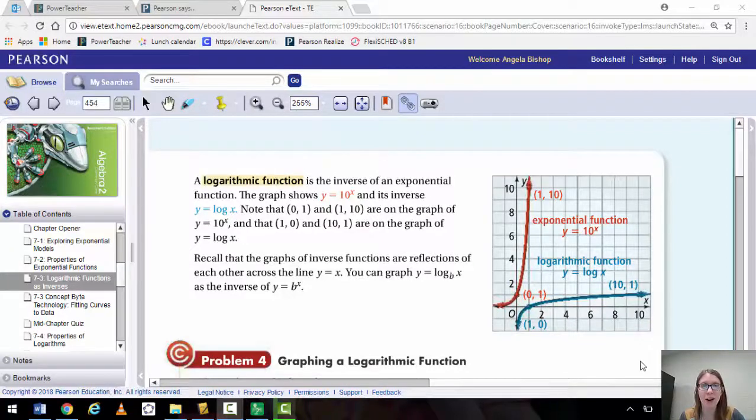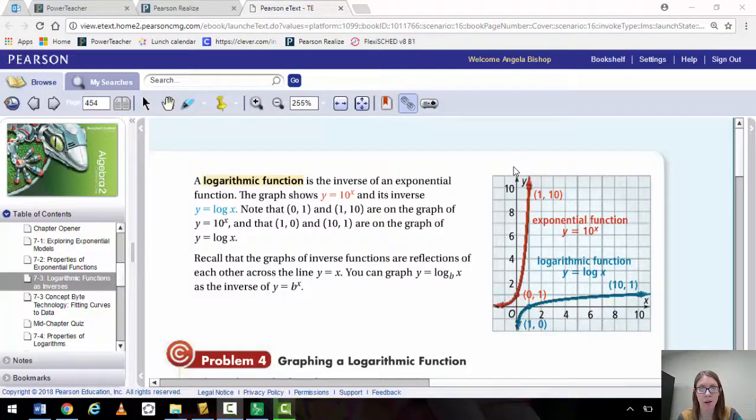Before we get into our next example here, we are eventually going to learn how to graph logarithmic functions. But again, before that, I wanted to point out this page in your textbook. It's page 454. Hopefully you can see my cursor moving around here. So we're on page 454 in your textbook. And it talks on this page, just to reinforce the idea that logarithms and exponential functions are inverses of